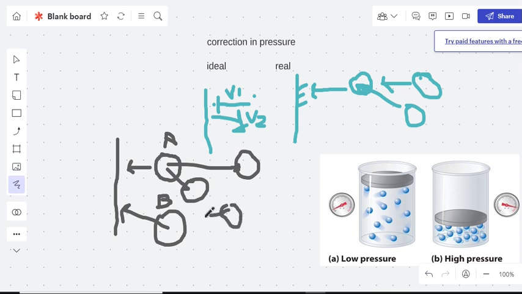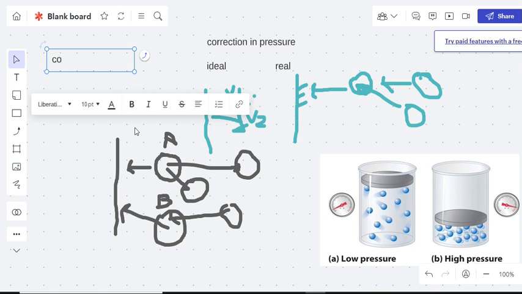For example, this molecule and this molecule are interchangeable with each other. A molecule can behave like B, and B can behave like A, just because this A and B molecule collide with the wall of the container, while the other molecules are attracting them. So A can be B and B can be A. So we can write here